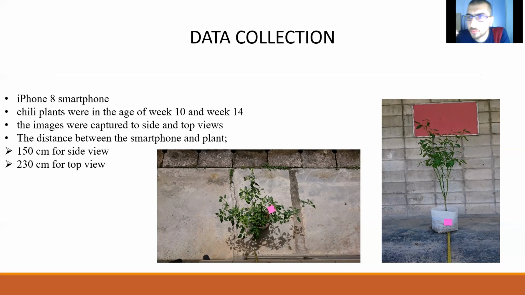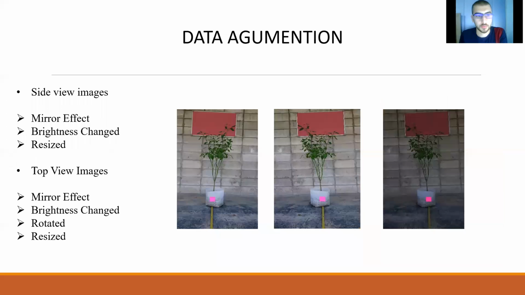The side view was taken from a distance of 150 centimeters, and the top view from 230 centimeters. This was to make sure that all of the plants are in their images.